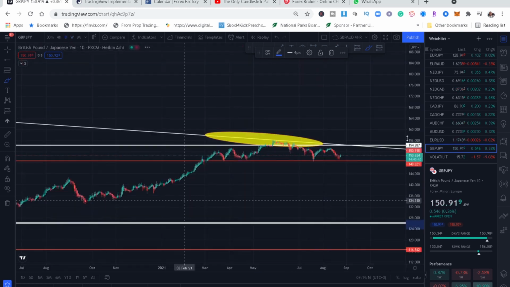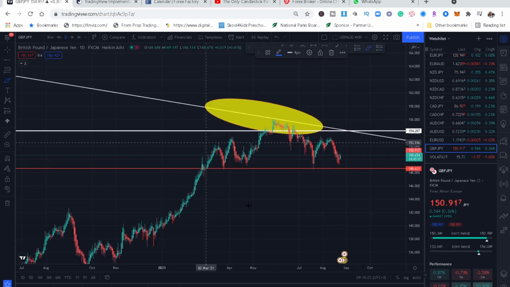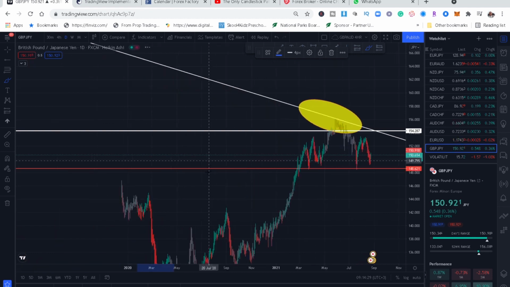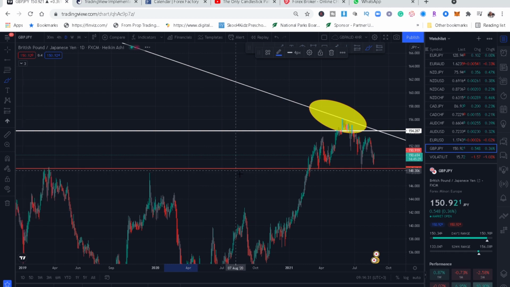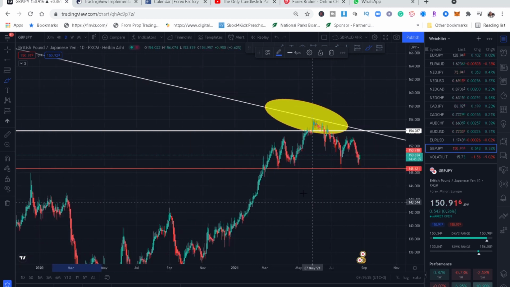So let's go to daily time frame. On the daily time frame, again at the trend line, it has created another channel. And the best thing with the daily time frame, remember what we had said, it's our resistance. Remember this resistance, now it is acting as support. So we have another zone